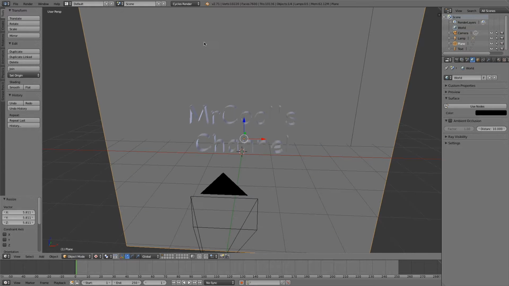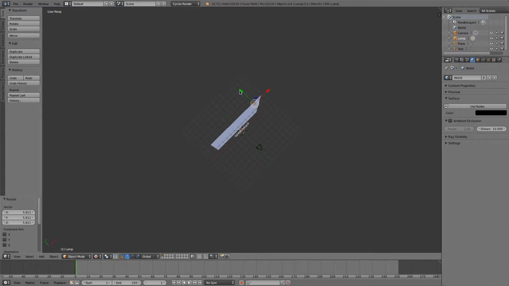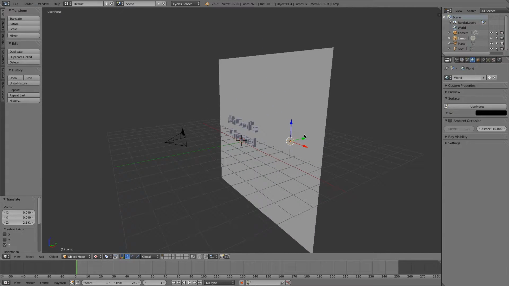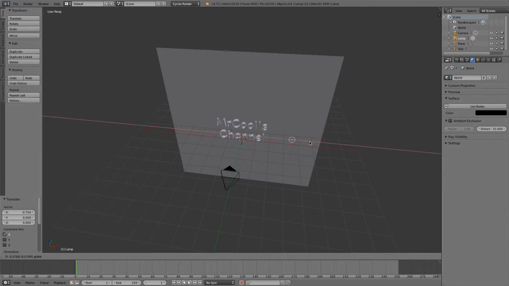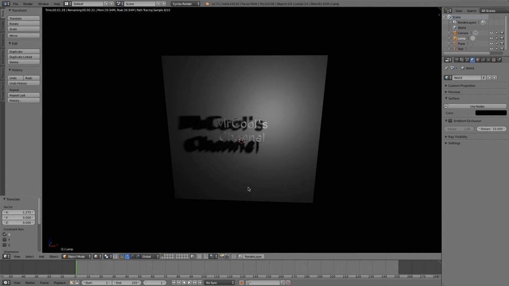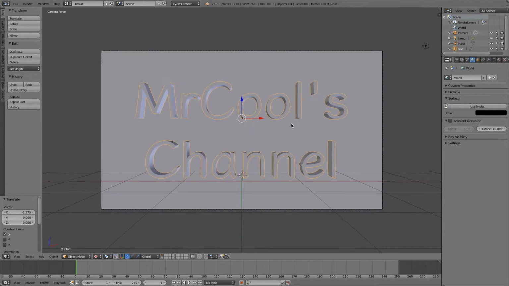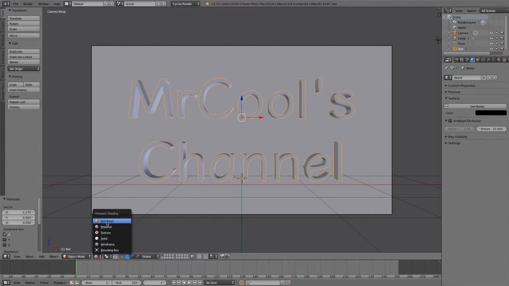Now we're in Cycles render, we actually have a lot more options. However, before we go into materials, I'm just going to change the position of this light, because it's really annoying being where it is at the moment, and I just want it to be, say, here, so you can give a bit of depth. Yeah, that looks nice. So go into rendered, and that looks a lot better. We can always change the lighting later, but just for the specific purposes of the textures, I'm going to move it there. So if we go into our camera here, and we go into our rendered view,